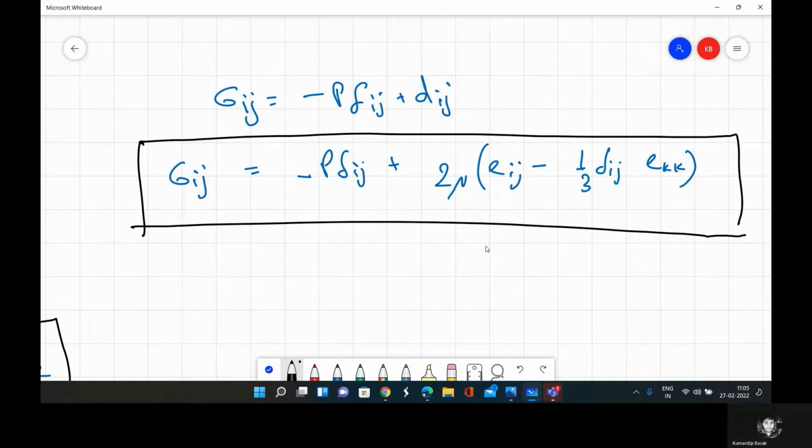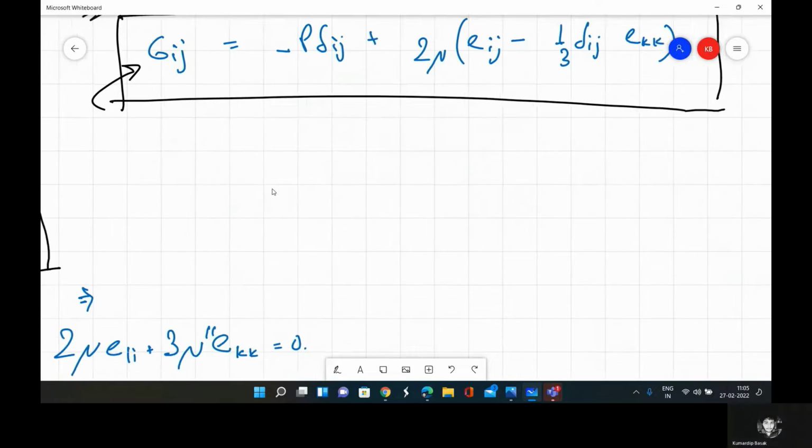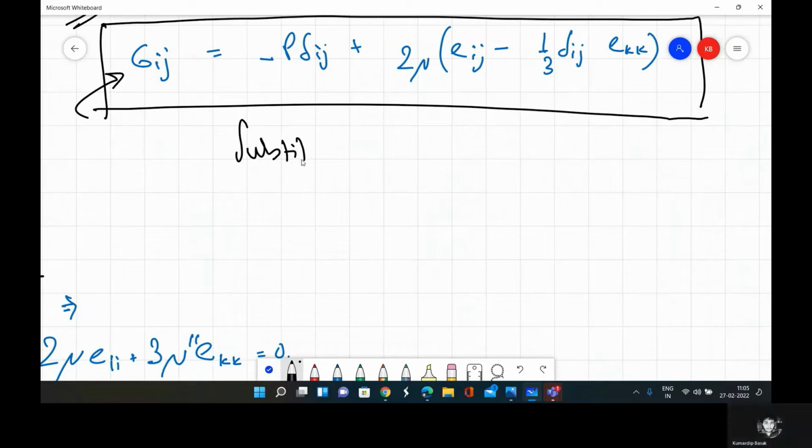Fine. Now what is left? In the equation of motion, you remember why we came here, because we have to find the expression dou sigma ij by dou xj in the equation of motion. So apply that and substitute in the equation of motion. What are we getting? We are getting rho dui by dt equals